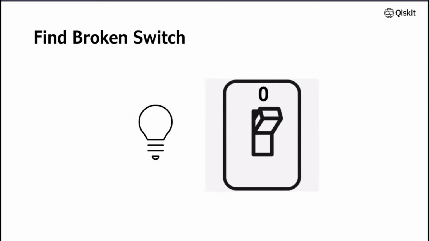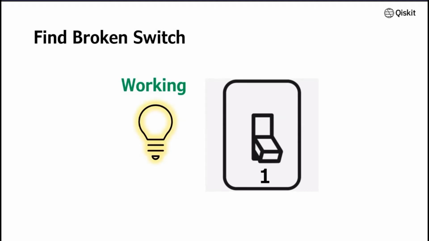In order to understand how entanglement and interference play a role in the quantum circuit, I think it will be easier to show an actual example. So then I will introduce some quantum algorithm. Let's say we have a switch, and if it's a working switch, then depending on my input position, 0 or 1, it will change the light bulb. It can be on or off.